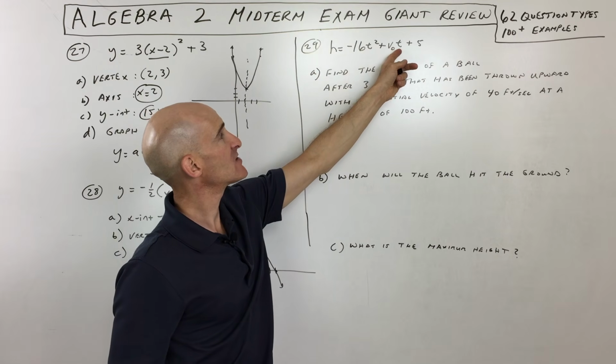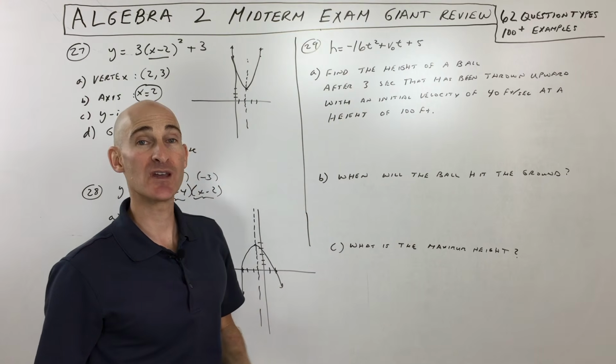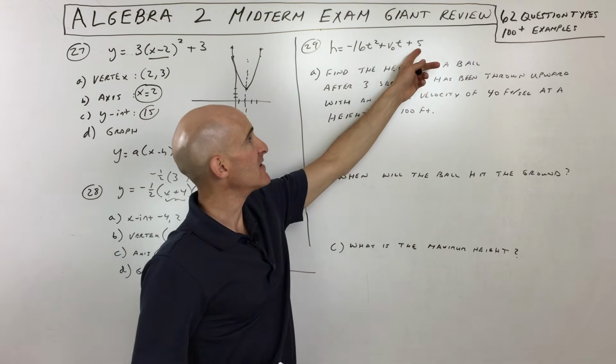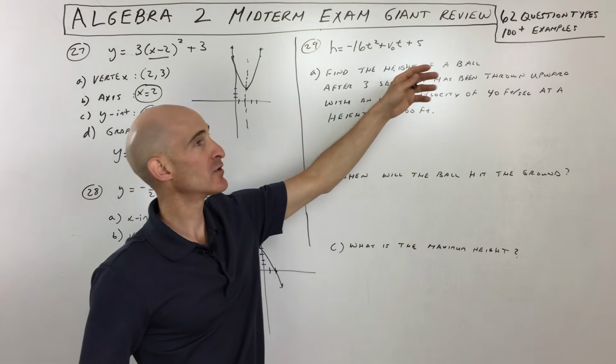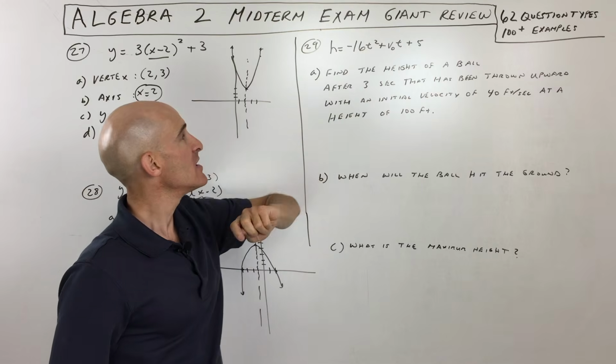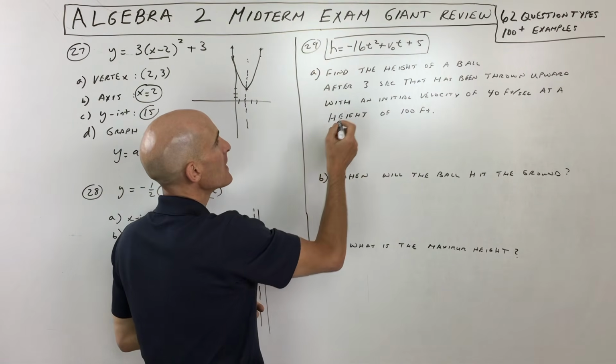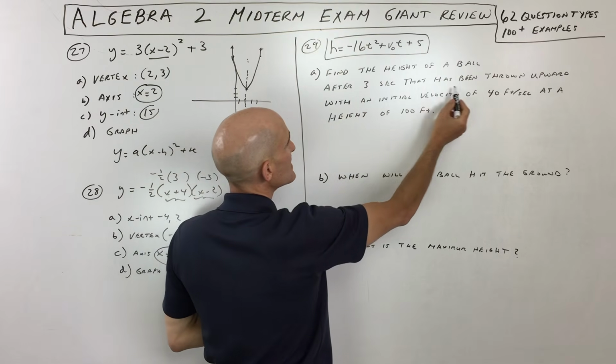But basically, t is your time, generally in seconds. The v sub 0 means the velocity at time 0, the initial upward velocity. And then this s here is the initial height, or the initial position. And h is the height, how high it is after t seconds, okay? So it's good to memorize this equation if you don't know it already, but a lot of times they'll provide it for you.